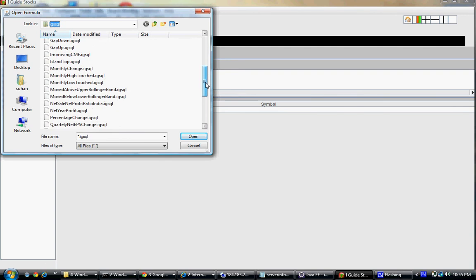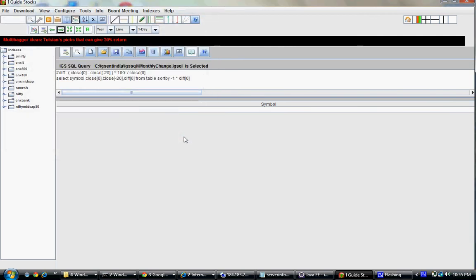Let's say we want to see what monthly change has happened in the stocks. So I am selecting monthly change, and then the formula will look like this. To know in detail exactly how you can write more formulas, you need to go to our website